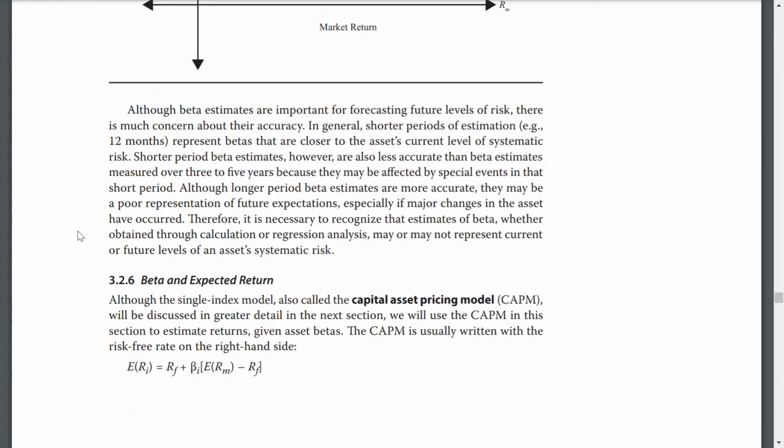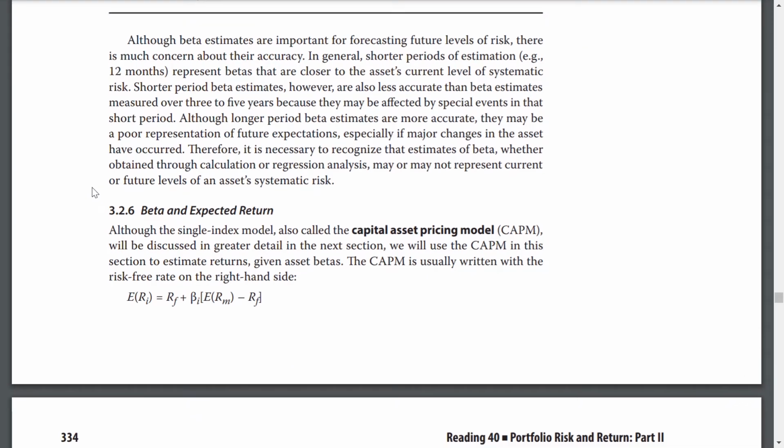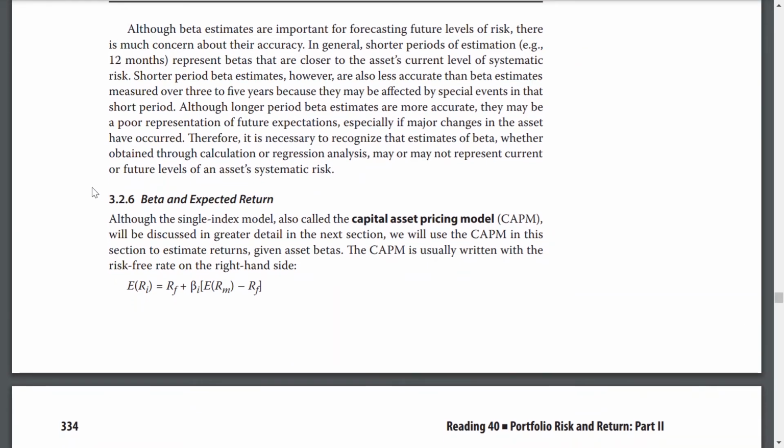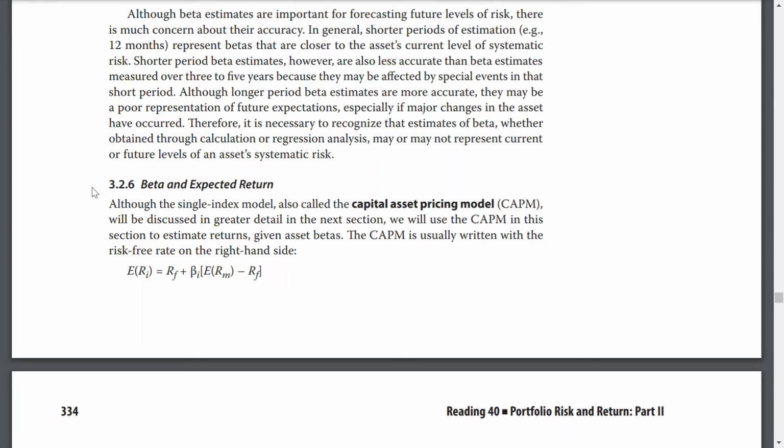Although beta estimates are important for forecasting future levels of risk, there is much concern about their accuracy. In general, shorter periods of estimation represent a beta that is closer to the asset's current level of systematic risk. Shorter-period beta estimates, however, are also less accurate than beta estimates measured over 3 to 5 years, because they may be affected by some special events in this short period. Although longer-period beta estimates are more accurate, they may be a poor representation of future expectations,